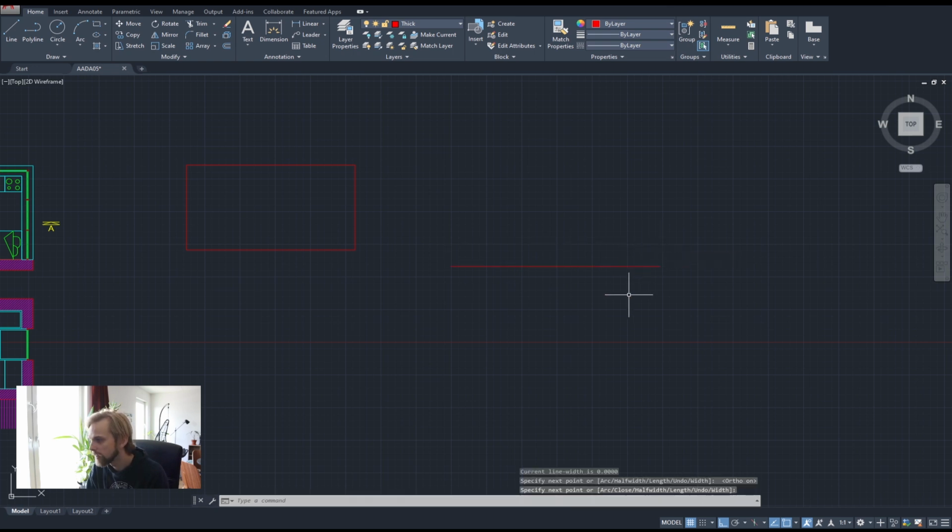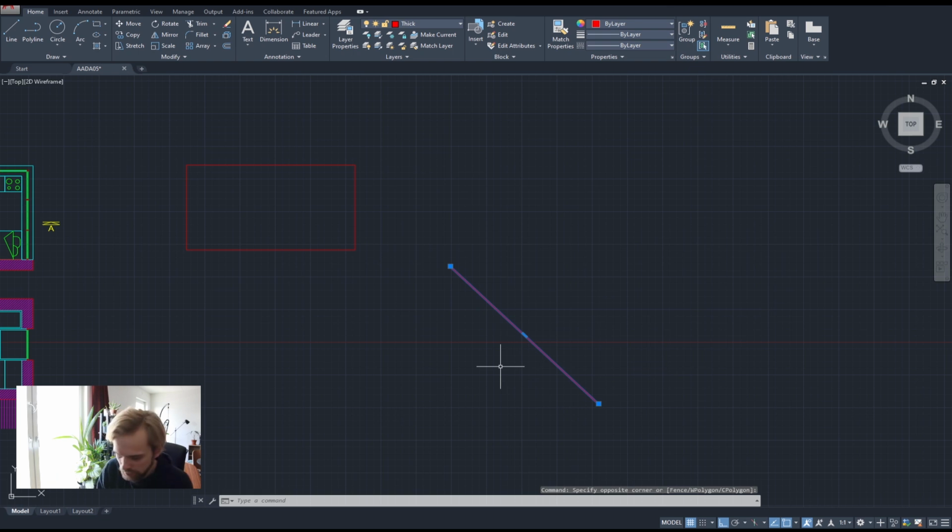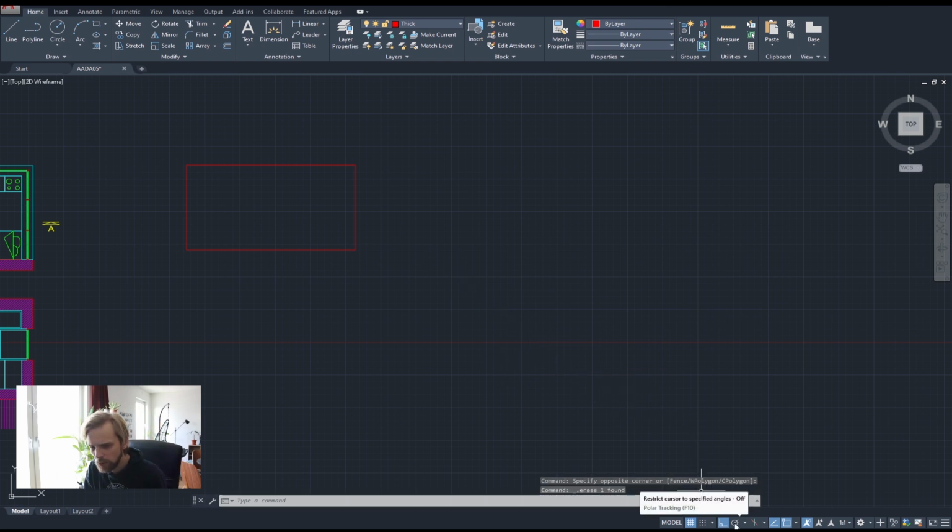Some sort of a line, and then you need to rotate it every time by -45. Well, that's the other way around, but you get what I mean. You know, to get a 45 degree angle, you just kind of draw the line horizontally and you rotate it. That's not nice. Instead, what we can do is we can use this polar tracking widget right here in the